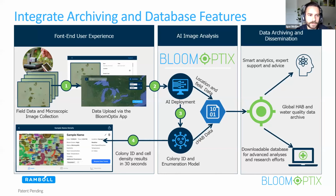Yeah, what's next? So the next thing for us is basically the system is ready to use, and it is available now for purchase at BloomOptix.com. But we're also working on enabling it with some added functionalities. So right now we have, as I said, those first two rectangles on the left there. We've got the front-end user experience and an AI that powers it, but we're also working on building a data